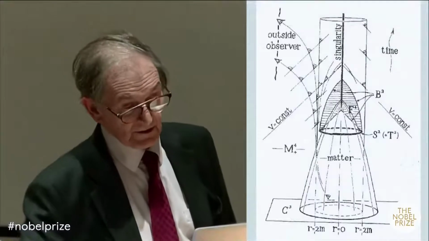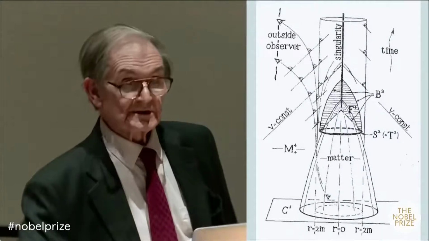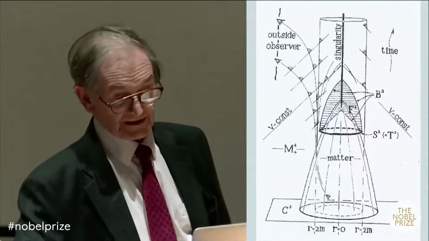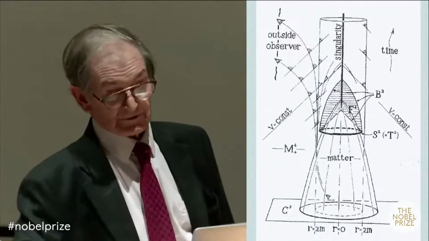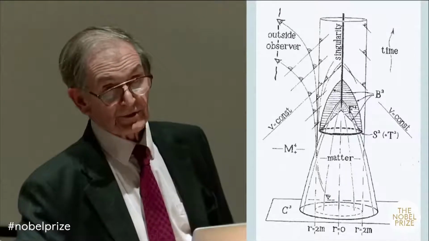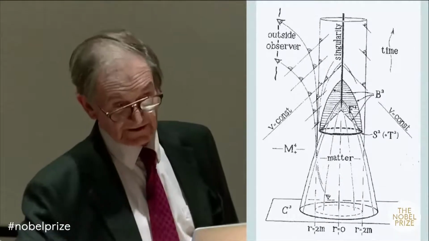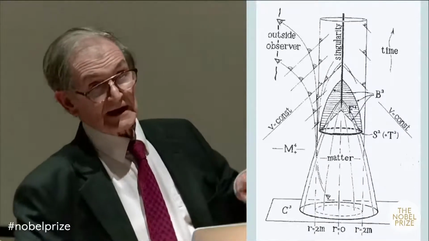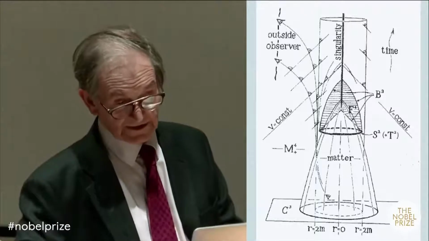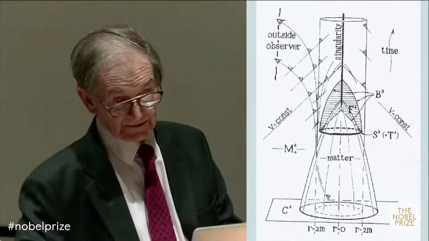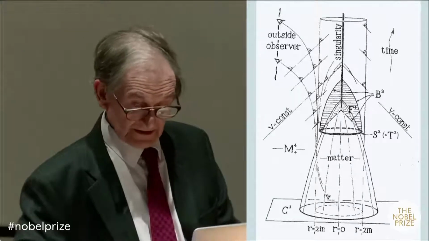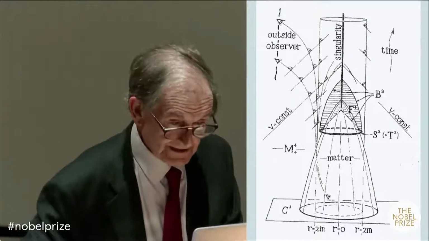And what I was able to show, that if you have energy which is locally positive, and you look at the behavior of the future of that surface, that you must run into a contradiction. That is to say, you get a singularity. So this was a proof, in general circumstances, that you couldn't have irregularity or something swishing around in a complicated way and come swirling out again. You would always get a singularity. And this was the central theorem that I proved, which eventually seems to have won me the Nobel Prize.